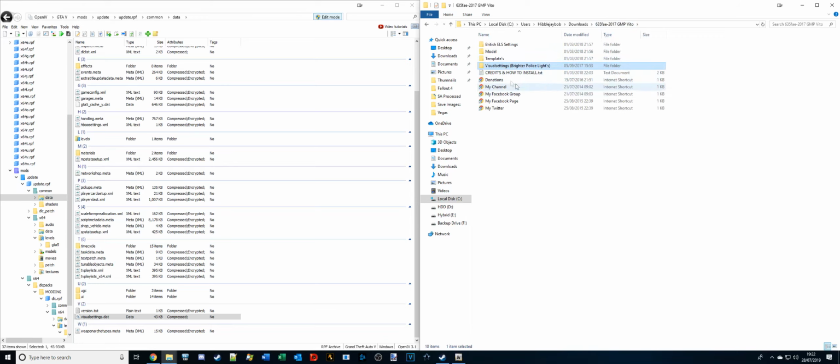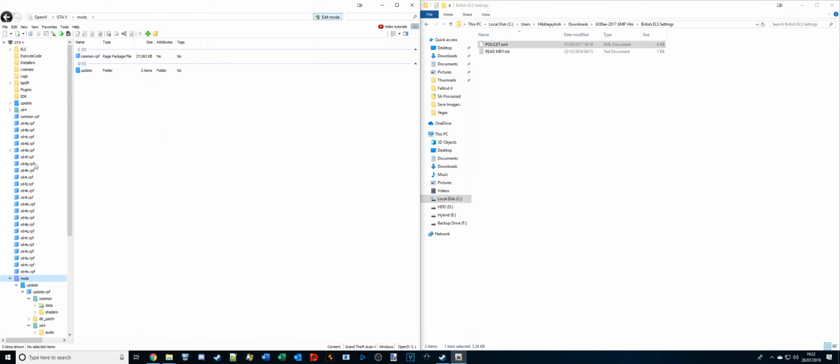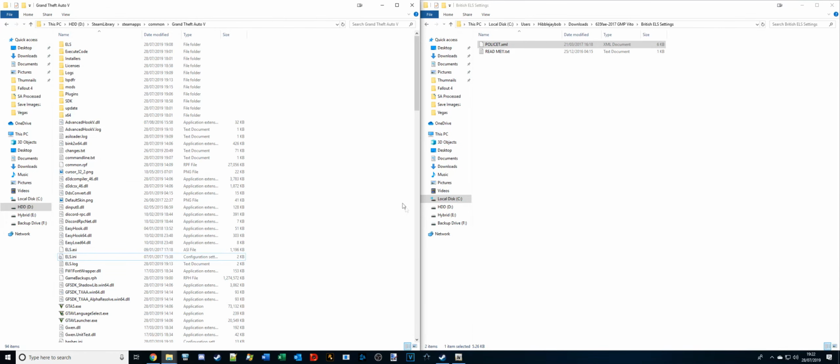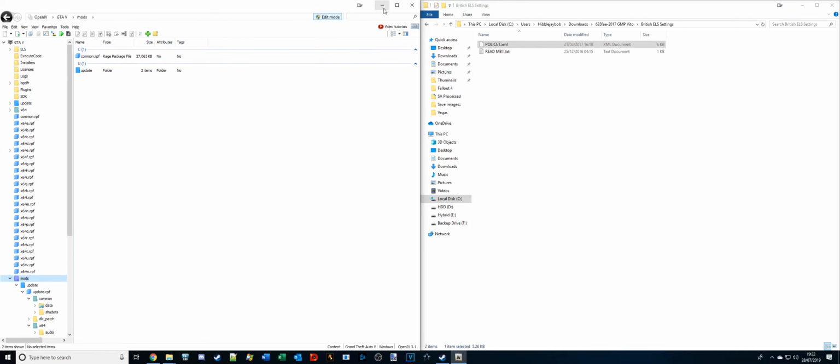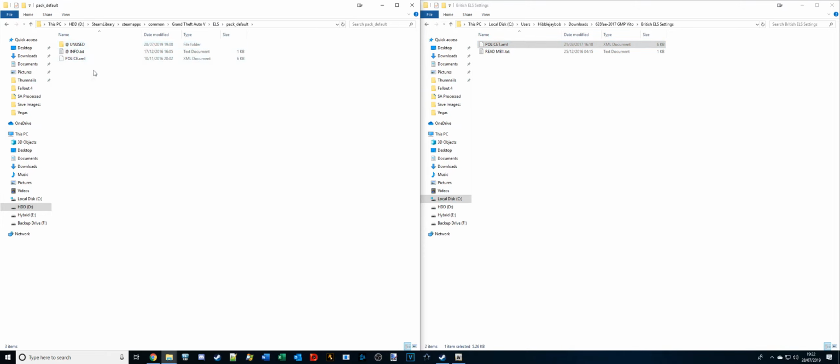So that's that done. However, these lights aren't currently going to shine at all because we've not installed the ELS settings. So this is the ELS file here. So what we're going to do is if you go to the game root directory, so it's going to be here. And you can either do this in OpenIV, or you can do this in Windows Explorer. It's entirely your choice. But you're going to go to ELS pack default, which is the one that we used, and you can see you've got an XML file for the police, and we're going to bring in police T as well. So if we click upon that start button for the game,